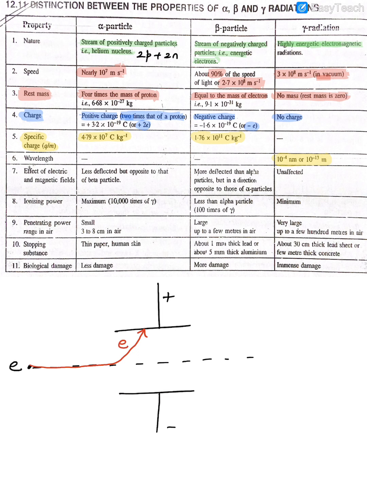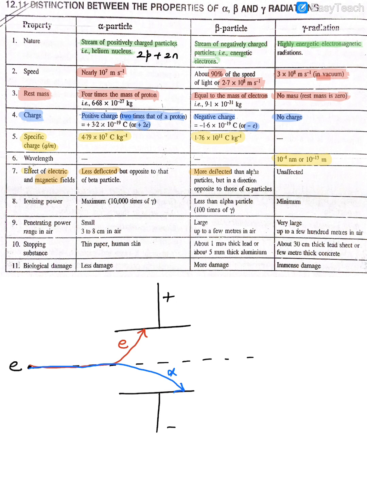And how will a proton move? A proton will move towards the negative plate because it is positively charged. So that's an alpha particle. So remember, alpha will go towards the negative plate, whereas beta or an electron will go towards the positive plate. So they will get deflected in an electric field. And if they get deflected in an electric field, they will also get deflected in the magnetic field. So you notice here this gets less deflected. So in the electric and magnetic field, this gets less deflected, this gets more deflected.